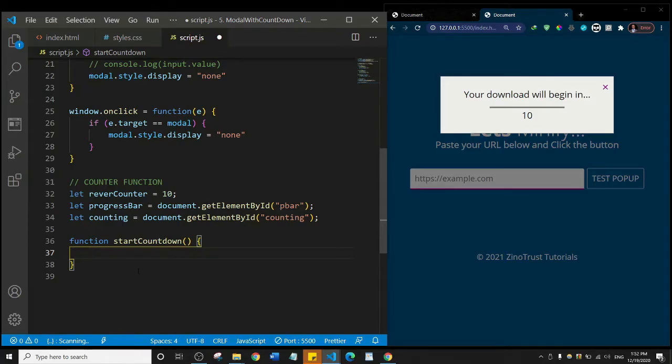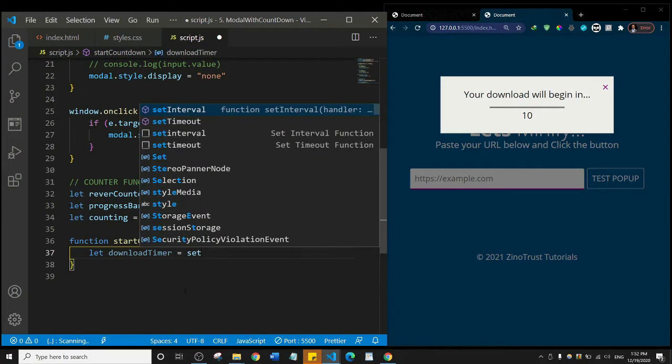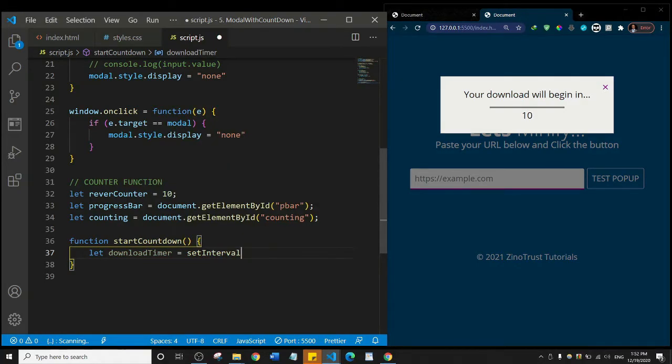So I'm assuming that this is a download timer. So I'll say let downloadTimer be equal to setInterval. I'm using the setInterval function because I want this to count down. It will check this reverse counter every 1 second and reduce it by 1. That's what I want to do. So I'll say setInterval, and